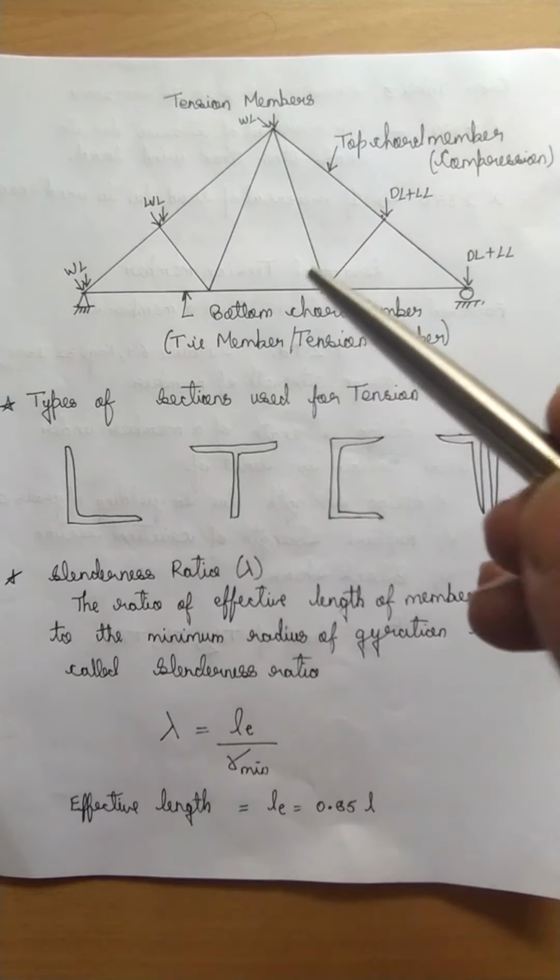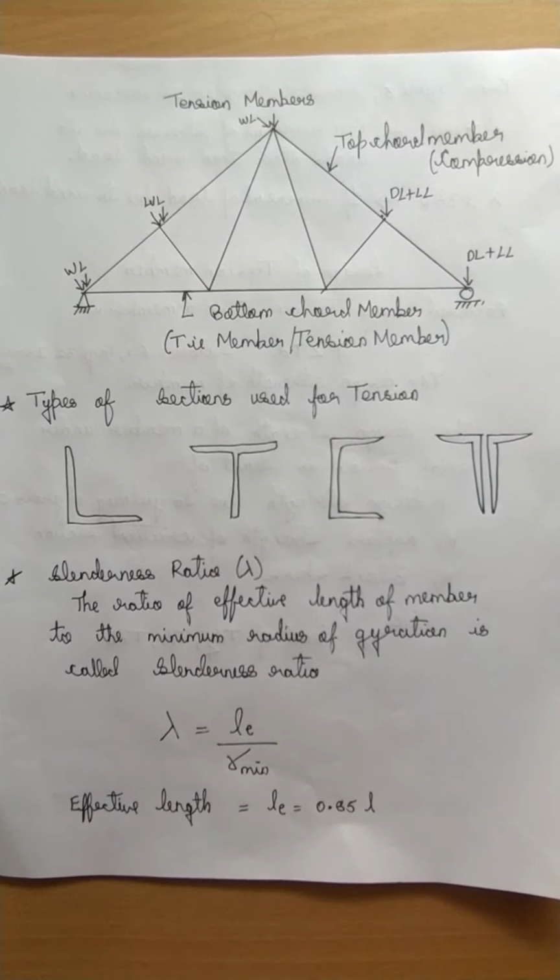Apart from trusses, where else can you see tension members? In bridges. If you see suspension bridges or cable stayed bridges, in suspension bridges the suspender cables are in tensile force. Similarly, in cable stayed bridges, wherein the cables are attached to the pier and the tower, those cables are under tensile forces. So whichever members take the tensile forces, and when we are designing them to resist that tension, are called tensile members or tension members.